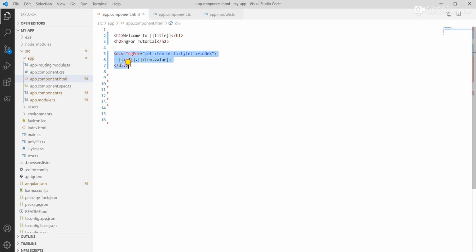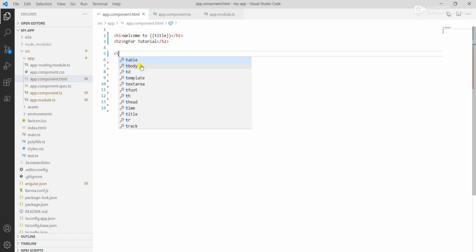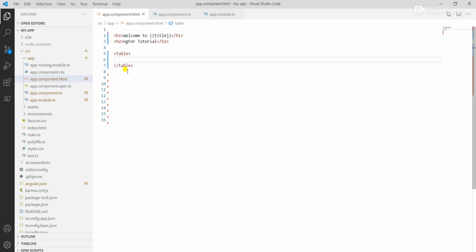Now in this case I create a for loop in table format. Suppose I create a table. For a table we have to first write the row, so for the row we use the tr tag,